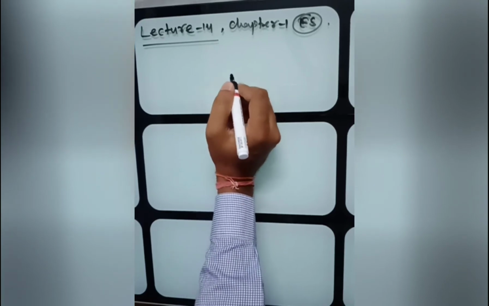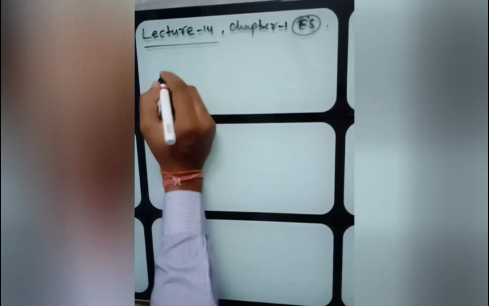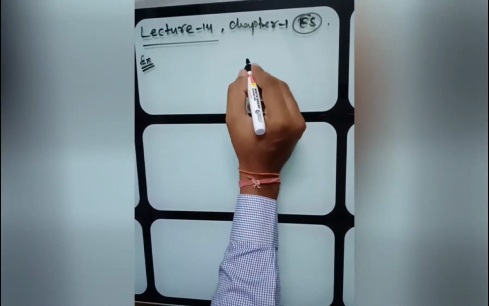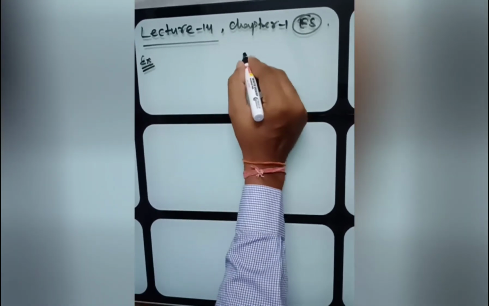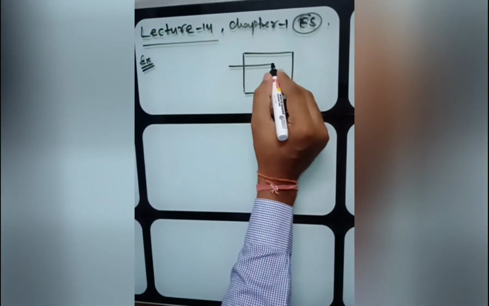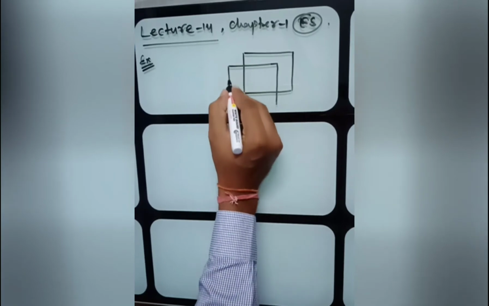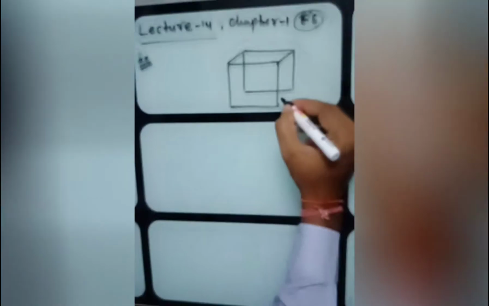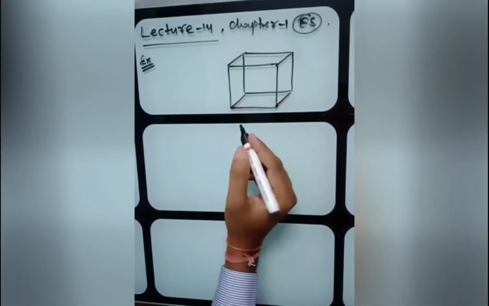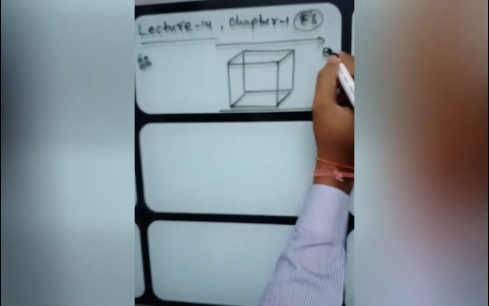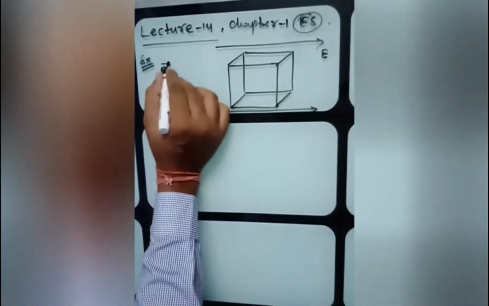I am B.S. Pandey. Students, suppose we have been asked to find, this is your first example today, the electric flux through the individual faces of this cube. This is a cube, a three-dimensional body, immersed in a uniform electric field. Here this E is